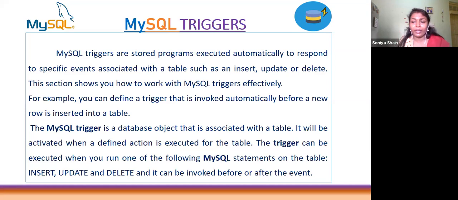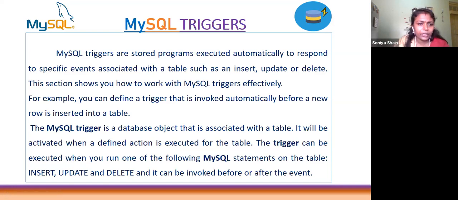So when you are inserting, deleting, or updating, and that event occurs, the defined trigger will automatically happen. That is the peculiarity of the trigger. The trigger is not executed by the user; it occurs automatically when you perform the corresponding event, such as insertion, deletion, or updation. Okay, so let us go to the definition.